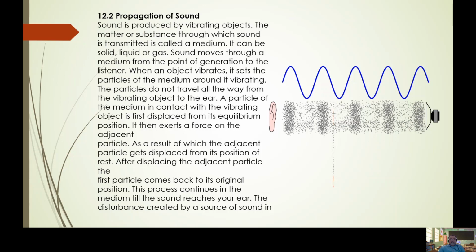When the object vibrates, it sets the particles of the medium around it vibrating. The particles do not travel all the way from the vibrating object to the ear. The particle of the medium in contact with the vibrating object is first displaced from its equilibrium position. It then exerts a force on the adjacent particle, as a result of which the adjacent particle gets displaced